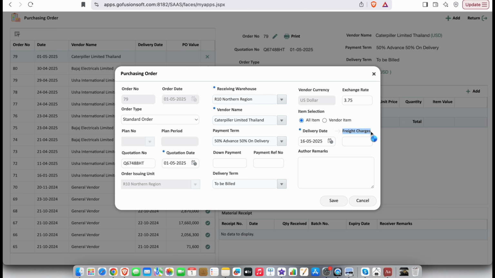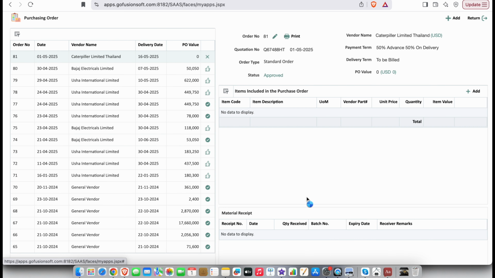If applicable, we can also add freight charges. These are the costs the vendor might bill for transporting the goods. Additionally, there's a remarks section where the author of the PO can include special instructions or internal notes for reference. Since this demo doesn't involve an approval workflow, we'll proceed to create the purchase order without triggering any approvals. However, in a real-world setup, electronic approvals can be enabled and customized through the transaction governance settings. We'll explore that process in another video. With all header details completed, we now save the PO and move on to adding line items, the actual goods